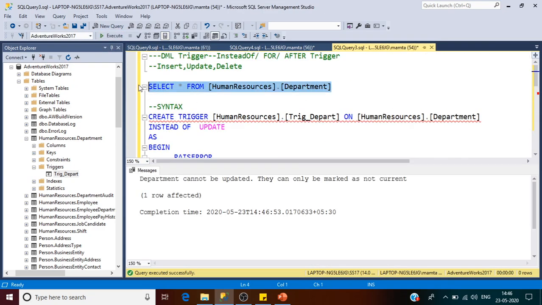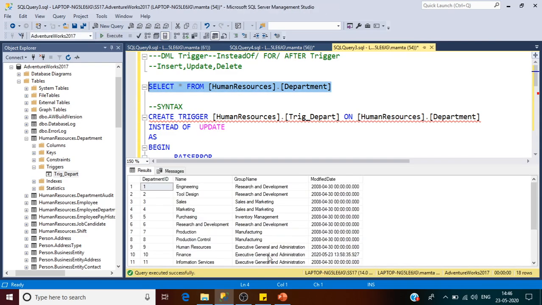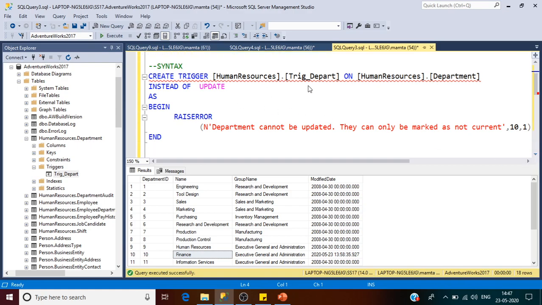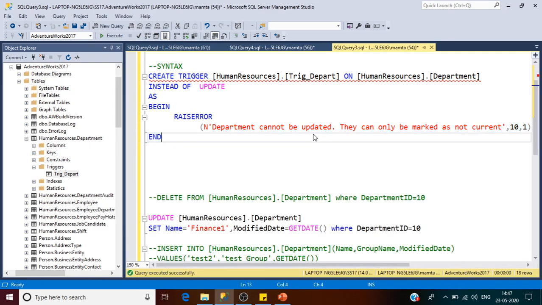We'll see whether the update has happened or not. See, it is still finance, not finance 1. That means the INSTEAD OF trigger says that instead of executing the update command, the trigger will be executed and this message is provided to us.